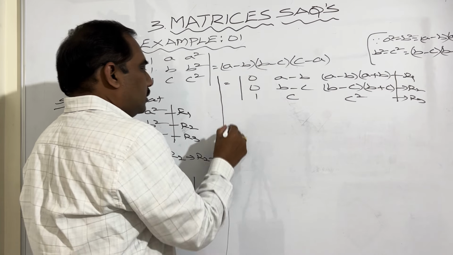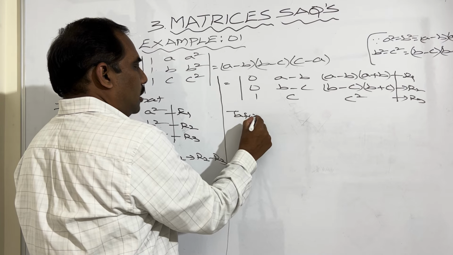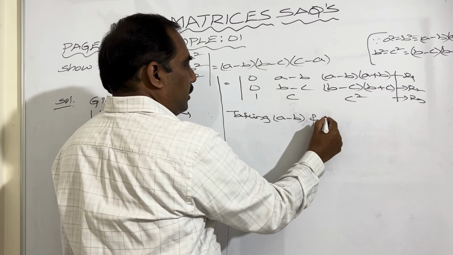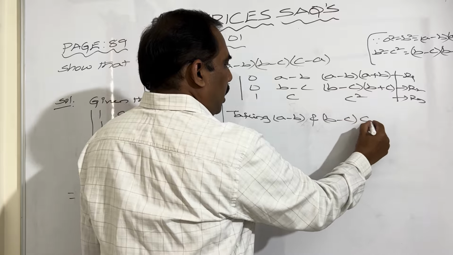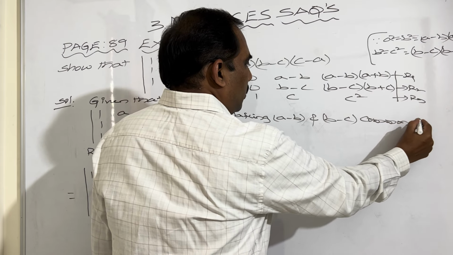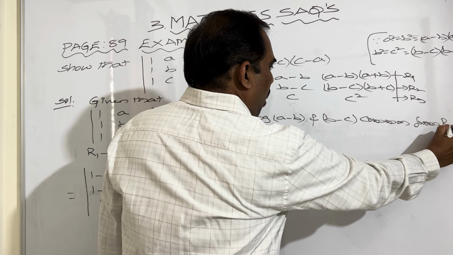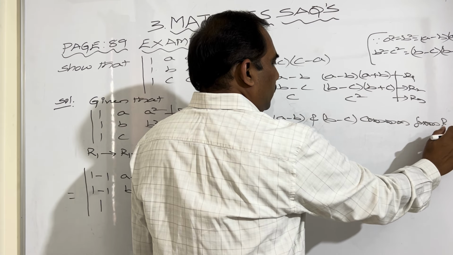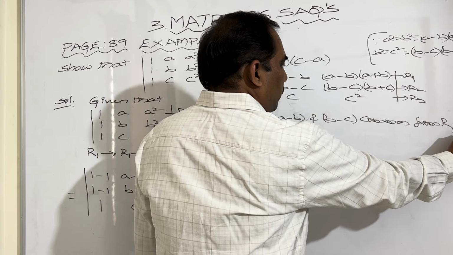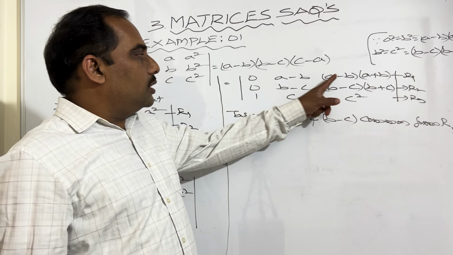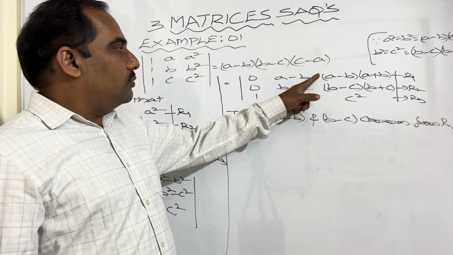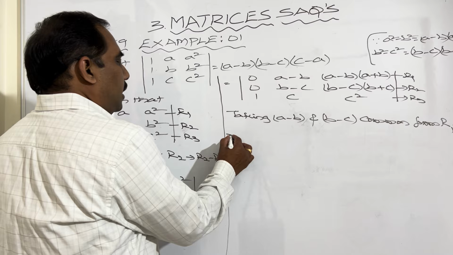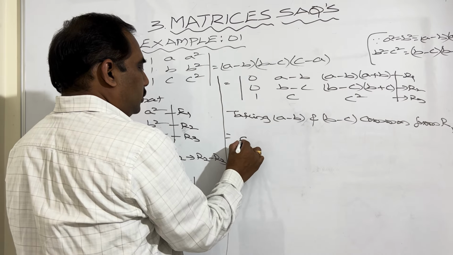What I am doing is, taking a minus b and b minus c common from R1 and R2. See, in R1 we have a minus b common, and in R2 we have b minus c common. So that's why in R1 if you take a minus b common,